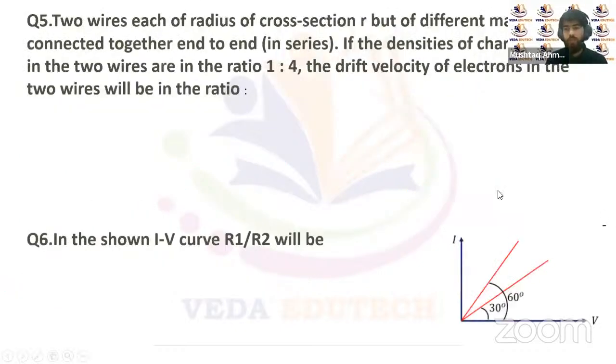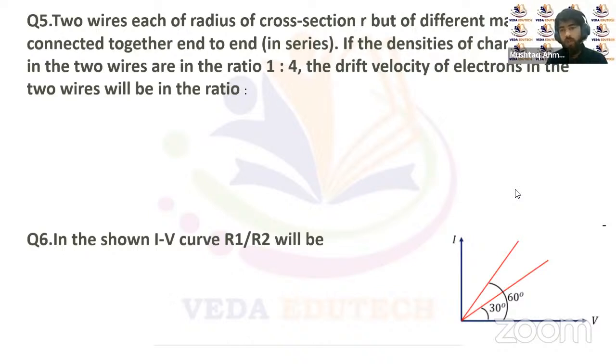Now let's move on to the next question. Question number 5 says that we have two wires, each of radius of cross section r, but of different materials, connected together end to end. If the densities of charge carriers in the two wires are in the ratio 1:4,